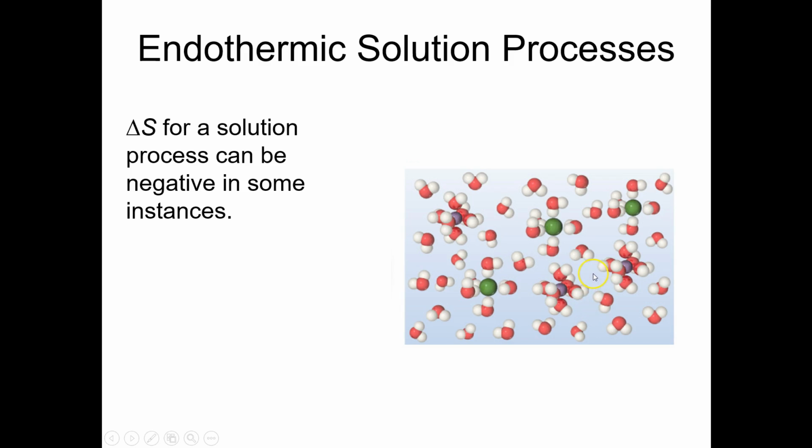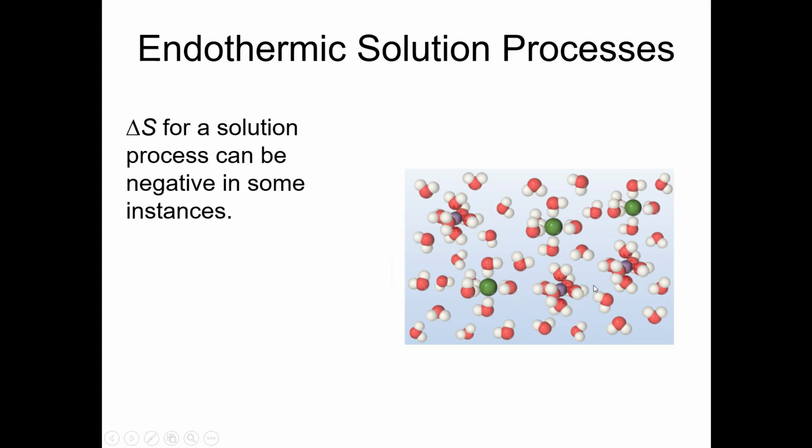I was hoping to find an image of this online and never did. They're so highly charged that they make the water around them so ordered that you get a fairly large decrease in the entropy of the water, because you get these almost little ice crystals forming around